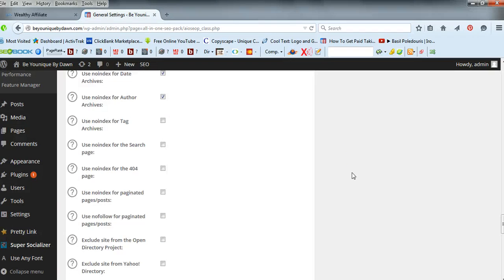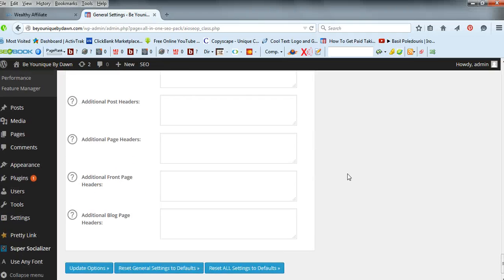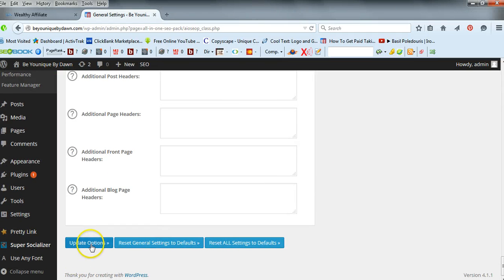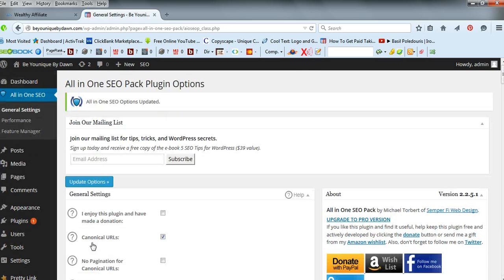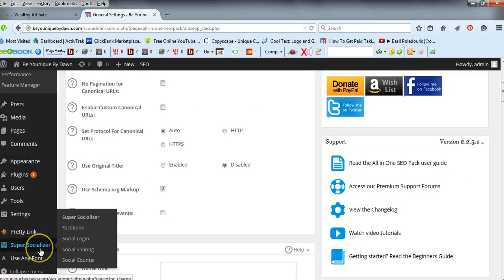If we go all the way down the bottom, we've got update options. So we do that, and what that will do is save the changes that we've just made. That's all we need to do with All in One SEO for now. Okay, the next one is Super Socializer. So if we go into there,